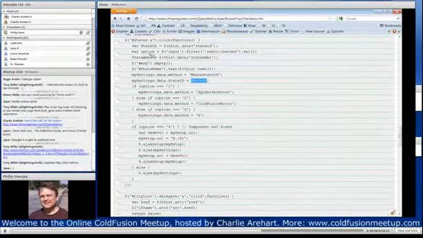So this is a keyword here. This is not something that you make up. It has to be the word data, and this is where your